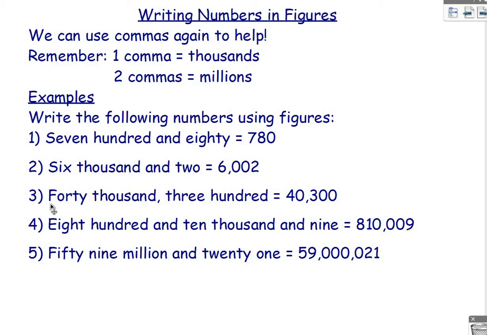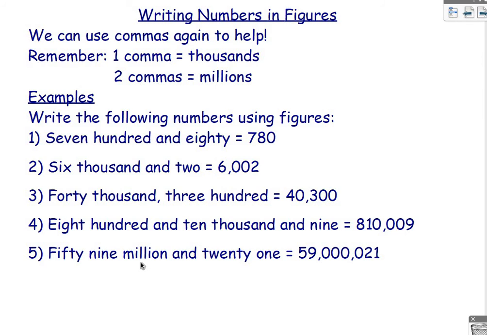Question 3, 40,300. Now again, 40,000, there's a comma in the question there to help you. 40,300. Number 4, 810,000, put a comma there. And also then write it 810,000. And 9, so again, 009. And finally,